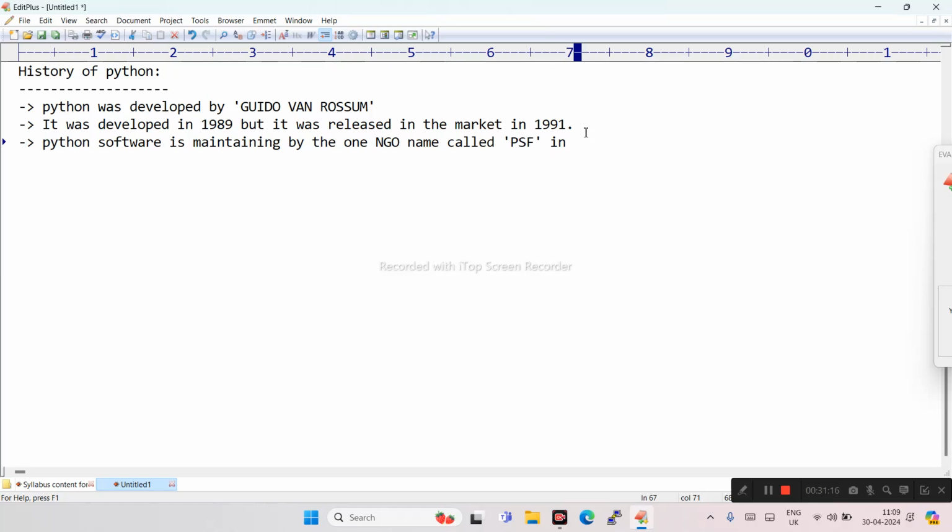It belongs to the Netherlands. It is based in the Netherlands.